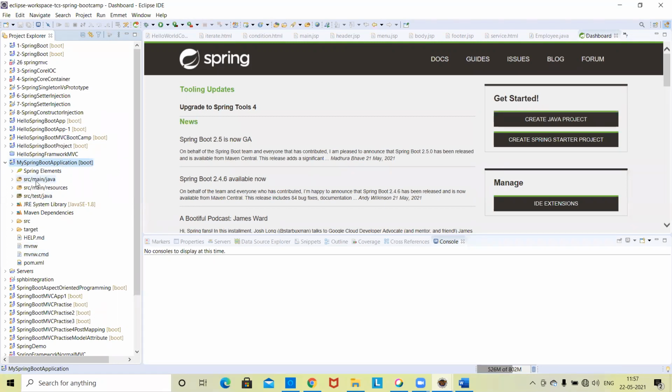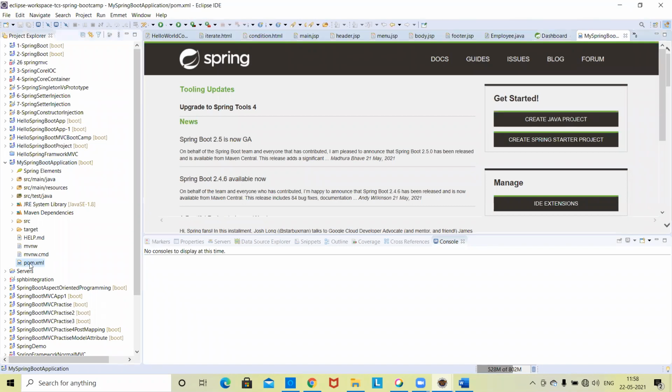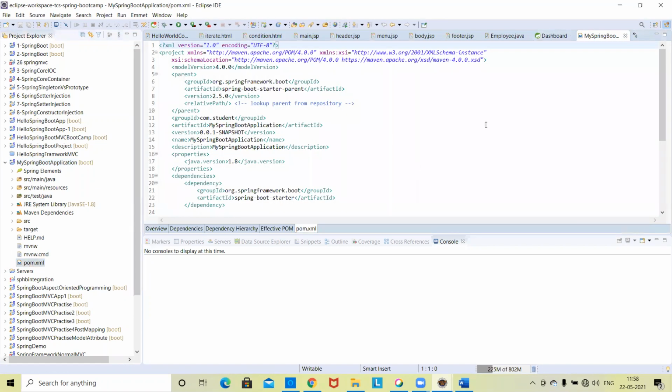So it is done. Now, if you open it, the first new things we need to become familiar with, and do not panic that it is a complex name. Gradually, you will adapt to this. The first thing we notice is called pom.xml. Pom.xml is a part of Maven. It holds all the supporting dependencies. Dependency means you depend on others. Your project will not run alone.